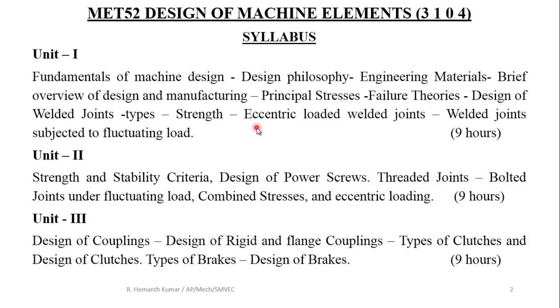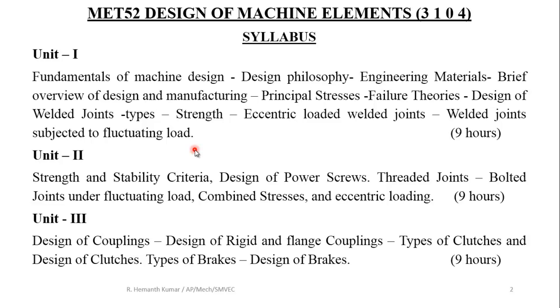In the case of the first unit, for a welded joint, you will be finding out how much dimension we have to weld, that is, how much length there has to be when the component is joined by welding. That is nothing but welded joint design. We will also discuss the various types of loads acting on that welded joint, and for that loading condition, what the design procedure will be. Simply to say, the first unit is about designing welded joints.